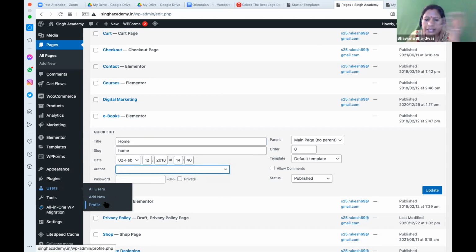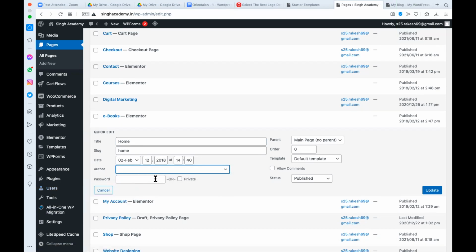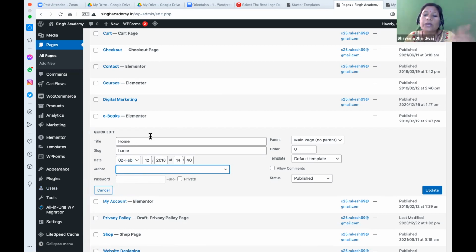अभी जो नाम आ रहा है ना S25, you can give a proper name, proper photograph, and that can be as an author. You can set up the password if you want this page to be password protected. If you want कि ये page को private कर देना है, let's suppose you are doing online journaling, you every day you go and write, so you want to make it private. So every day you don't have to do the copywriting, you can just do your online diary writing and you can make it private.